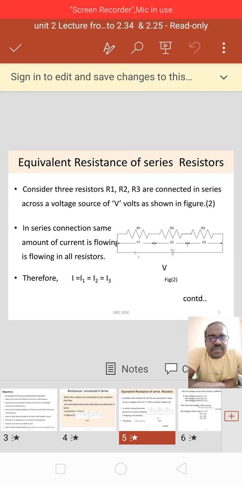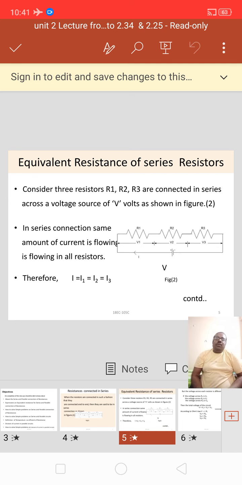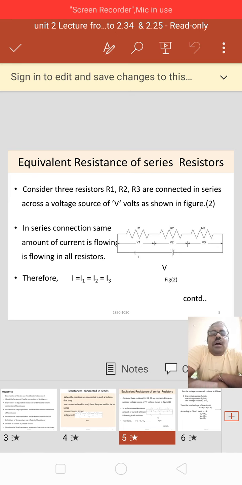Okay. In division also, for finding the value of one current, we must use the opposite resistance. That is, we want to find out I1. That is, I1 equal to total current I into opposite resistance R2 by R1 plus R2, that is total resistance present in the circuit. For finding the I2 value, I2 equal to I into R1 by R1 plus R2. It is a simple problem.